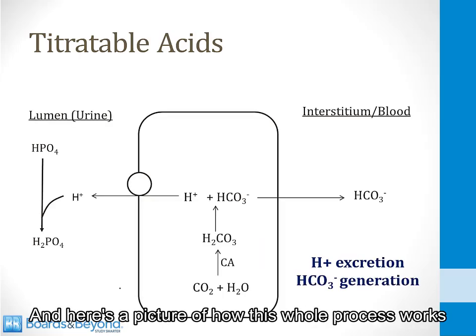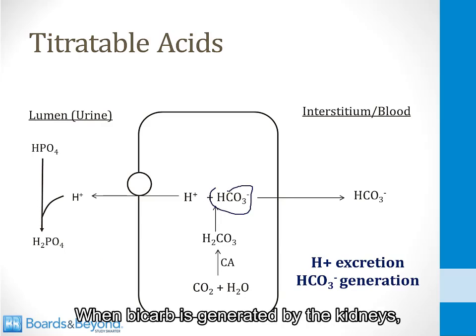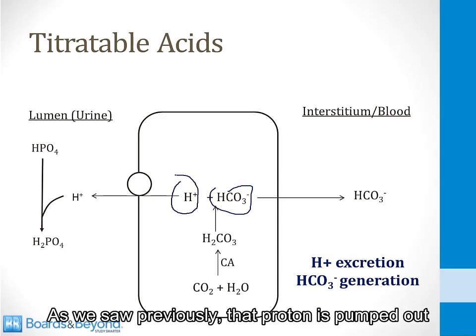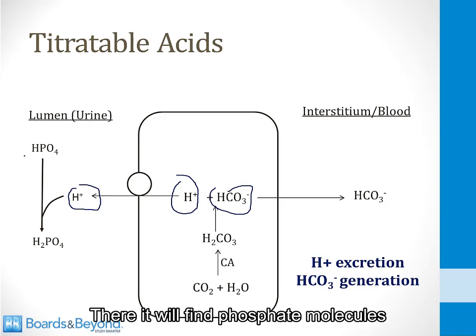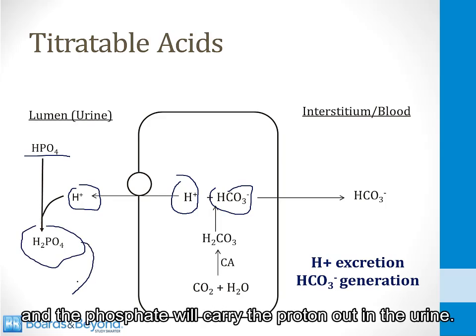And here's a picture of how this whole process works just to make it very clear in your mind. When bicarb is generated by the kidneys, a proton is created as part of the process, as we saw previously. That proton is pumped out into the lumen of the nephron. There it will find phosphate molecules and combine with them, and the phosphate will carry the proton out in the